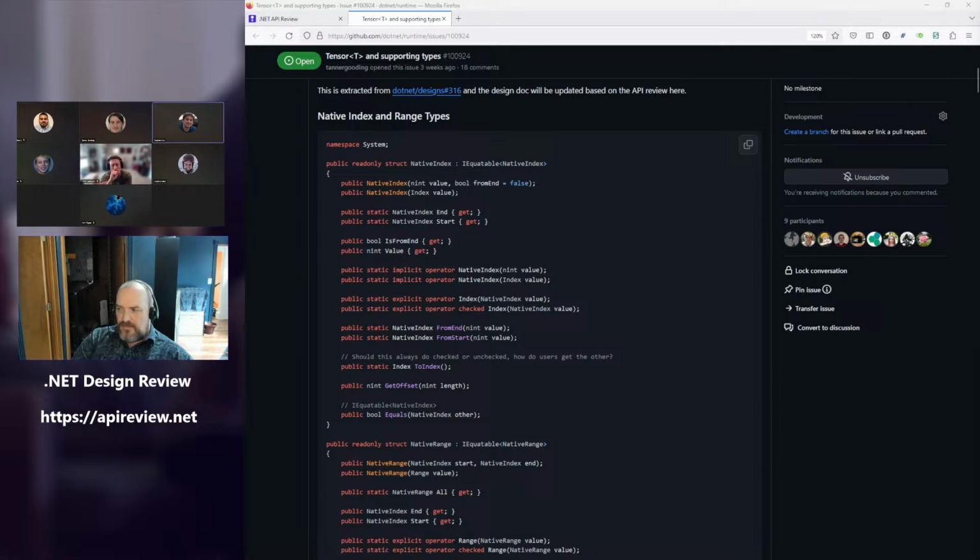Also, when we have types or methods that are distinguished by referring to some primitive, we usually refer to their system.name, so int32 blah or double blah. And so I would expect here this would be intputter index or something like that. Native index just doesn't seem like the right fit, because it's really describing the type that's being passed to the constructor.